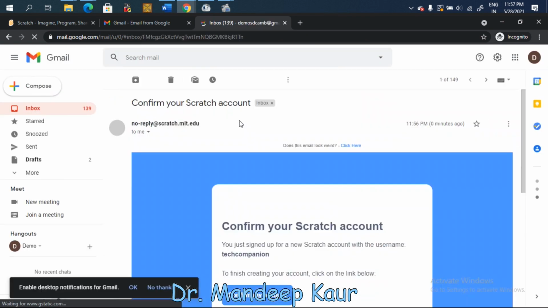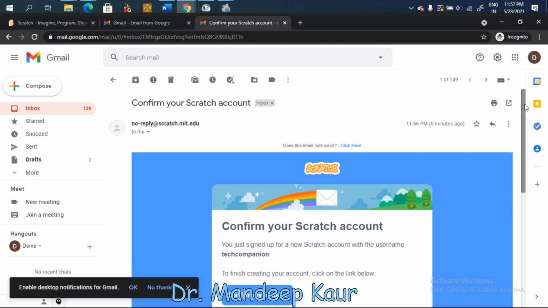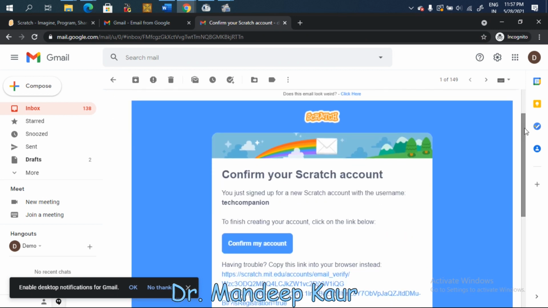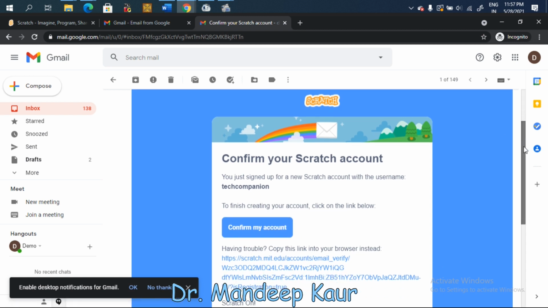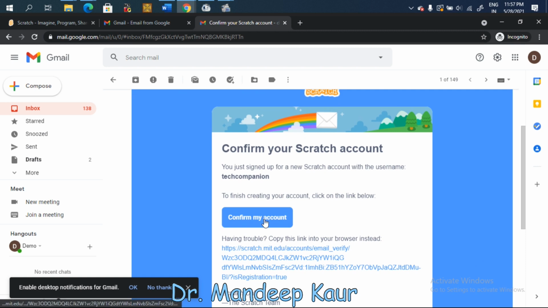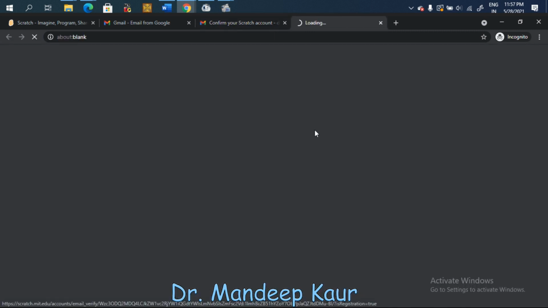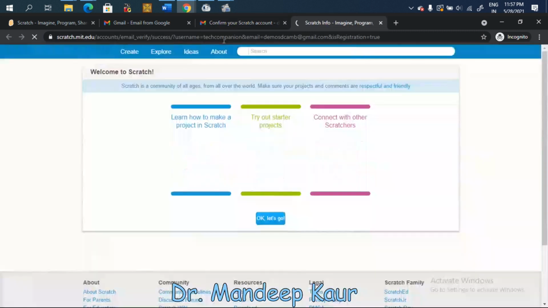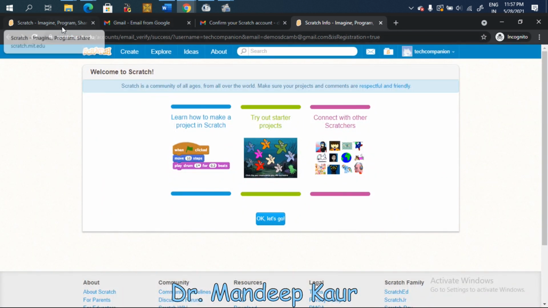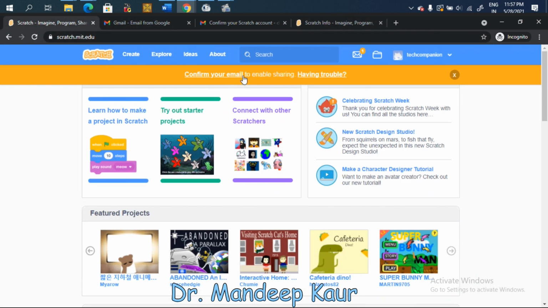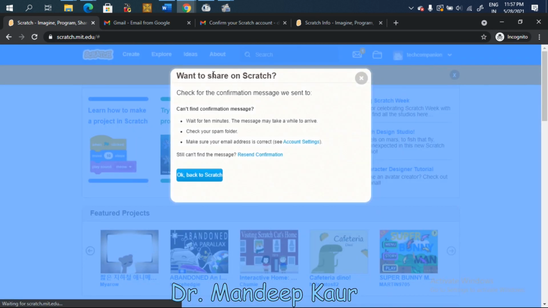So here you have to use a valid email account, because when you enter your email you will get a confirm email from Scratch to your given email ID, and here you have to confirm your account. So they are confirming that this is the username, and you have to confirm your account just to have all the projects, all your stuff in your account. So now when I just come to the Scratch part, I have confirmed my email. Fine, it has been confirmed, and now I can work over this interface.